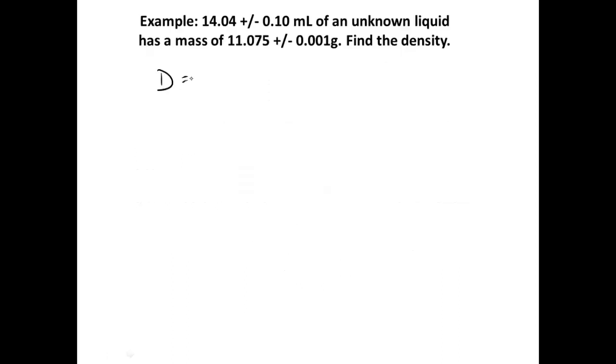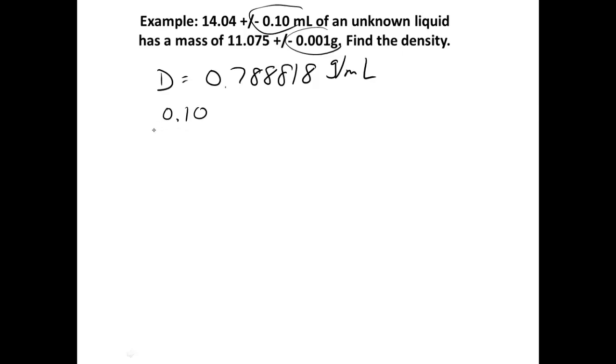I'm just going to rewrite the density here. Have a little more space here. So that's what we recorded as the density. For the uncertainties, we're going to change them to percentages and add them together. So for the volume, we want to know what is 0.1 milliliters as a percentage of 14.04. So we can work that out. 14.04 and multiply by 100%,